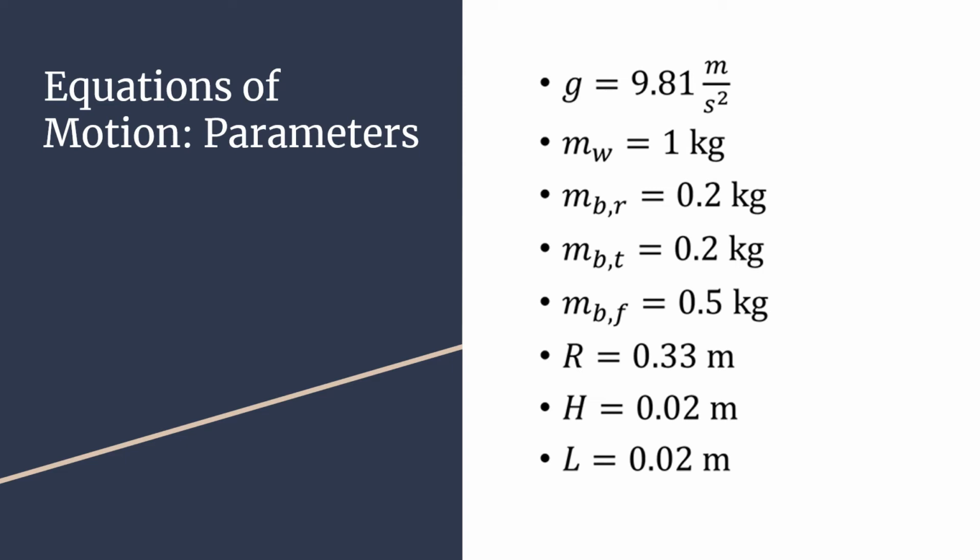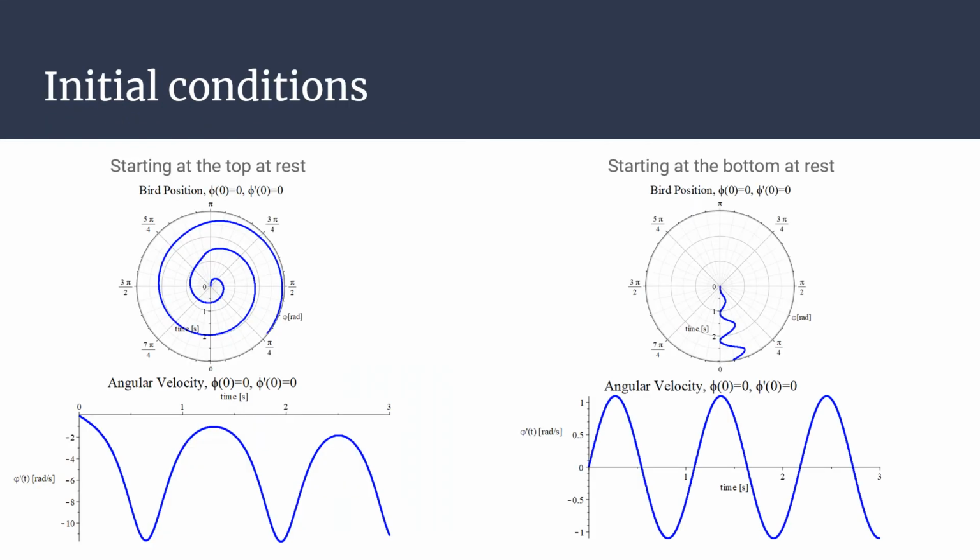The maximum height our cockatoo is able to extend upward is 0.02 meters, and the maximum amount it's able to lean forward is also 0.02 meters. And so plugging in all of these parameters into our equations of motion and solving numerically, we see some of these following results. So with the initial conditions of starting at the top at rest, we see the graphs shown